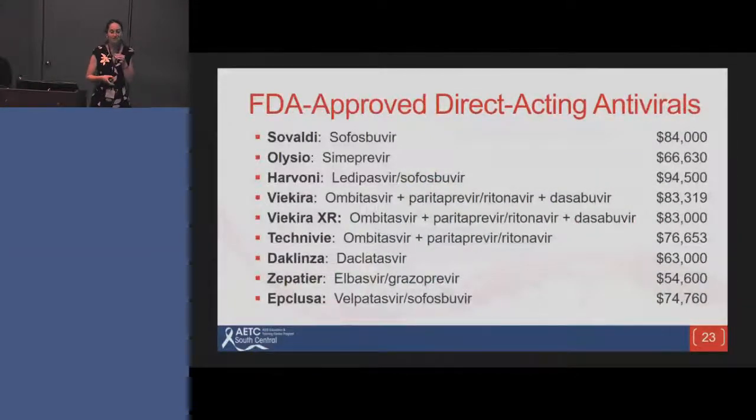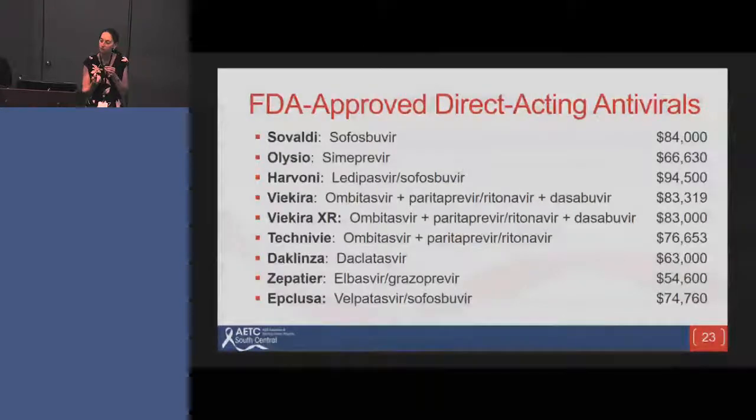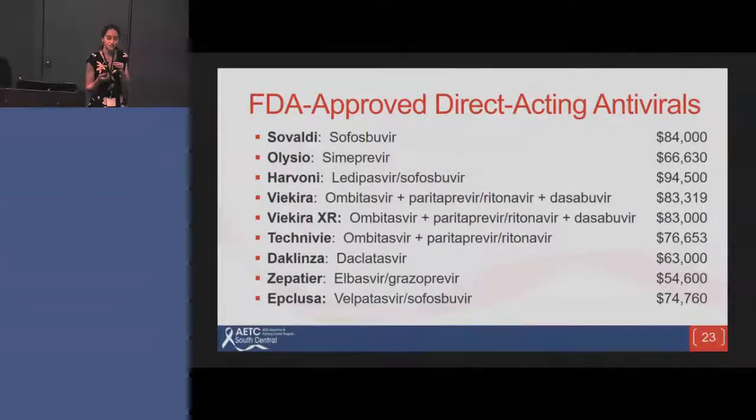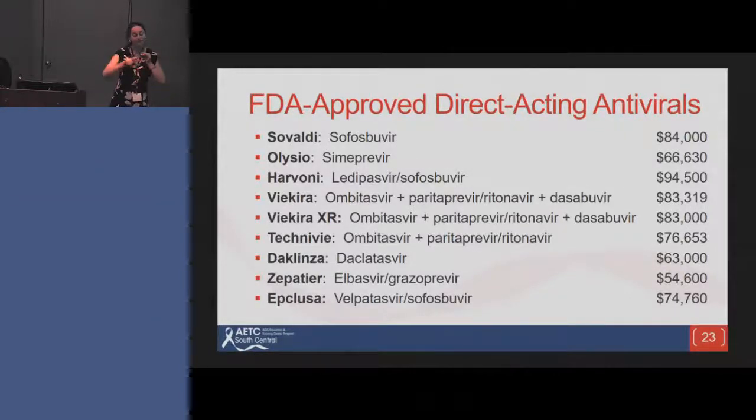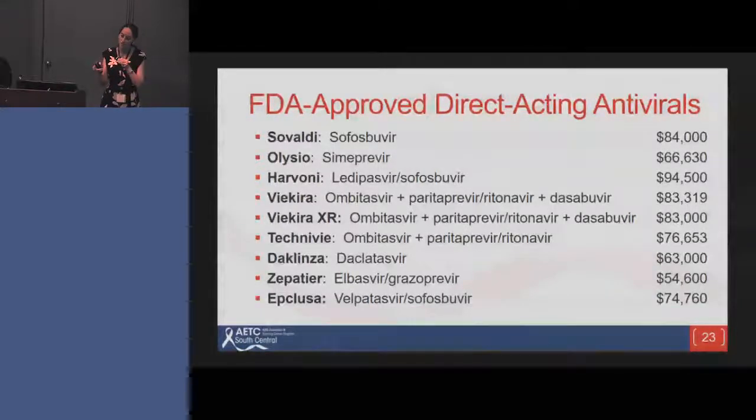So this is a list of the current FDA-approved drugs with the price tag for a 12-week course, which is currently what's recommended for most people with hepatitis C infection, regardless of HIV infection. And I mentioned that at least two different aspects of the pathway have to be targeted in order to have the effective